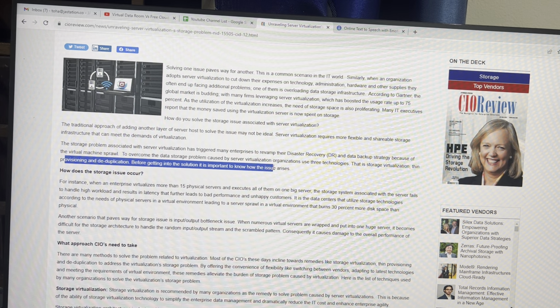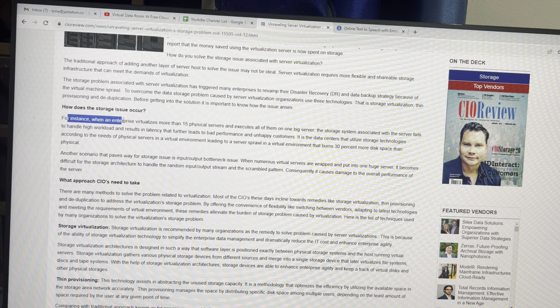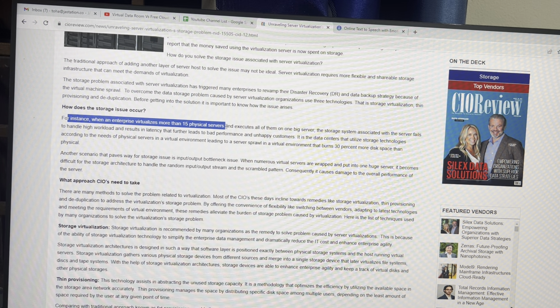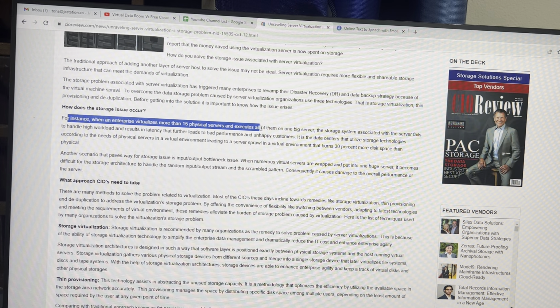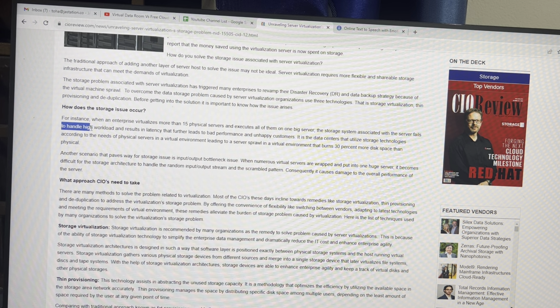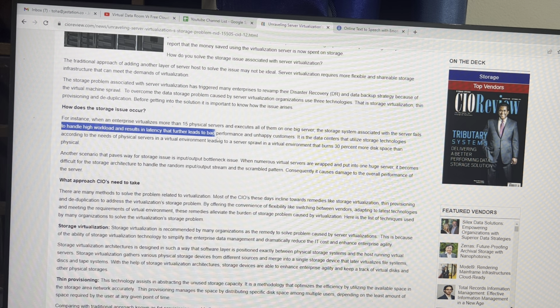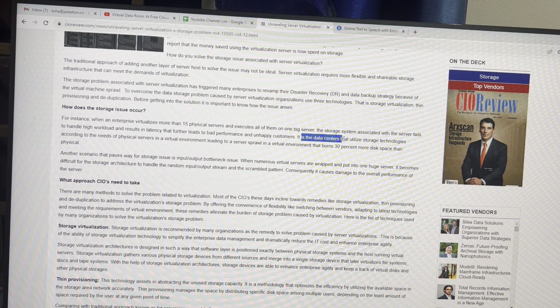How does the storage issue occur? For instance, when an enterprise virtualizes more than 15 physical servers and executes all of them on a big server, the storage system associated with the server fails to handle the high workload and results in latency that further leads to bad performance and unhappy customers. It is the data center that utilizes